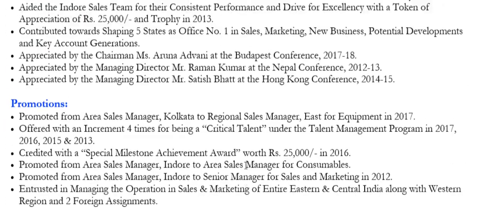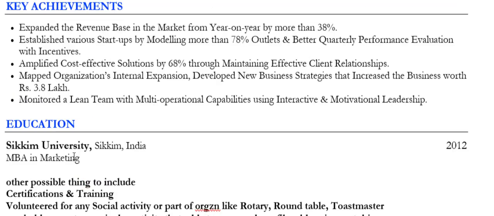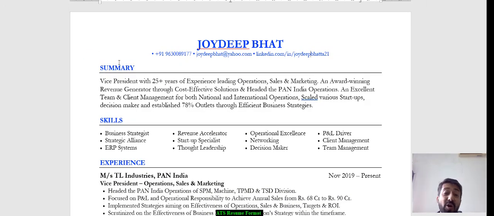And don't put your address, it is not required, because nobody is going to send you anything by post, right? So at the max we mention the phone number, email ID, and your LinkedIn URL. And don't worry about the photo, because the ATS doesn't see a photo, it doesn't read a photo. So if the organization wants to see a photo, they'll go to your LinkedIn profile and they will see your photo, okay? And if you are sending your CV by email or handing it in person for a walk-in interview, then in that case you can put a photo. Otherwise don't worry about the photo much.